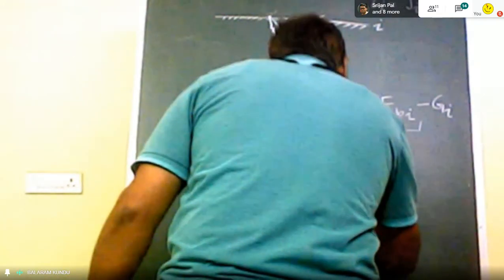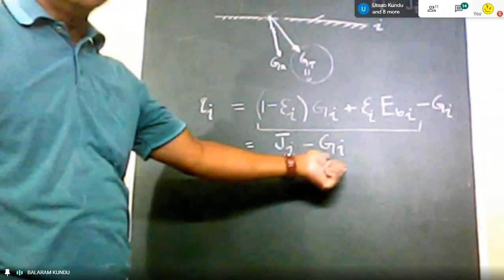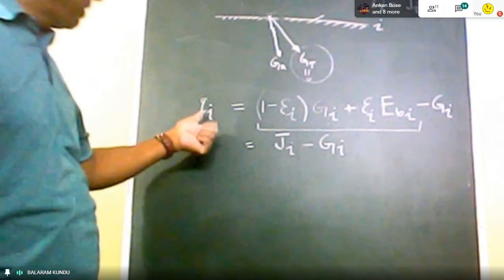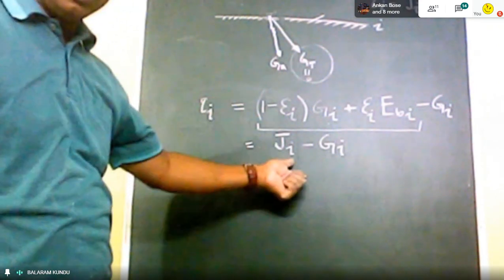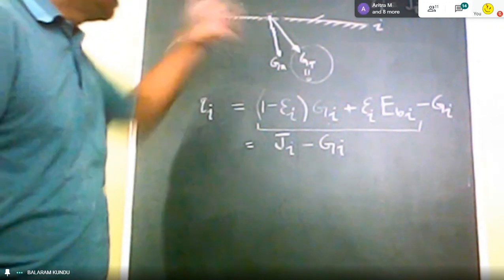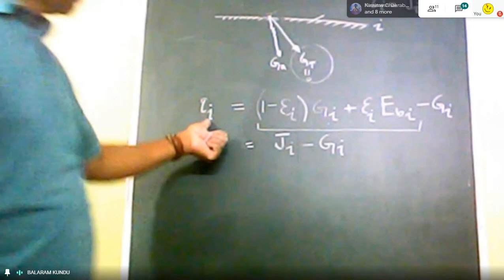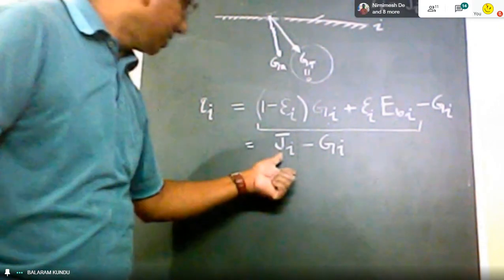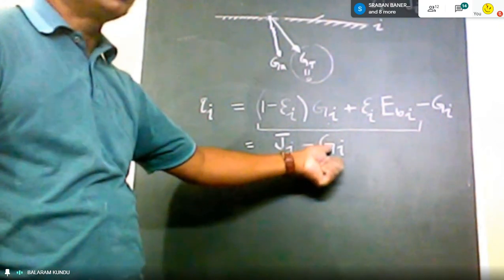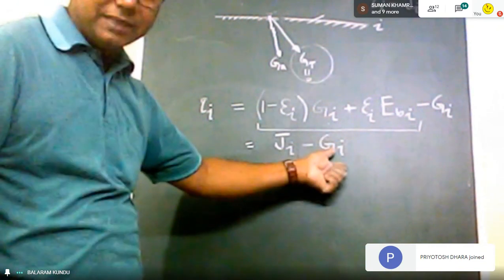First you write Qi equal to Ji minus Gi. Then we have to replace Gi, not Ji. We want to write the net heat flux as a function of Ji. We want to express this net heat flux leaving the surface i as a function of J, not G. So we have to replace G. So G can be replaced by J.